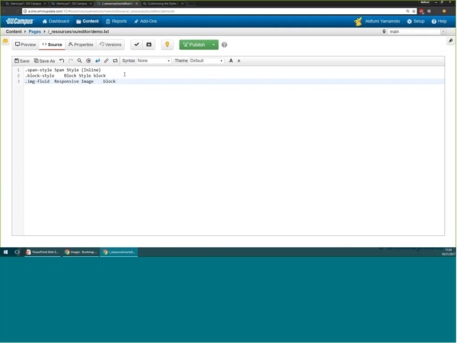Right. So there's two ways to apply styles, and that is to apply a style inline, like this one here, span style, or apply it on a block level, such as apply to an image, or apply to a paragraph, apply to a link. And in this case, we want to apply it to an image. So we specify a block, and this part right here is a tab. demo.txt, we save, we go back here,